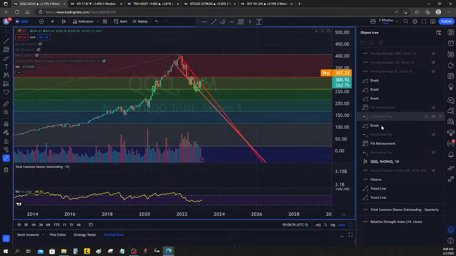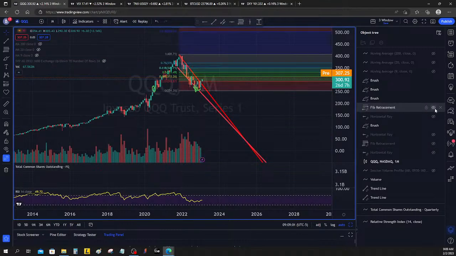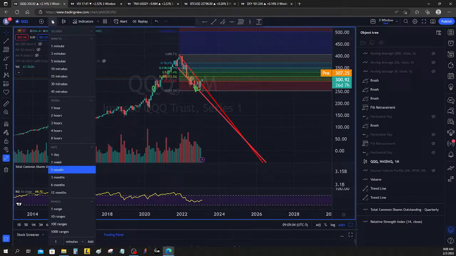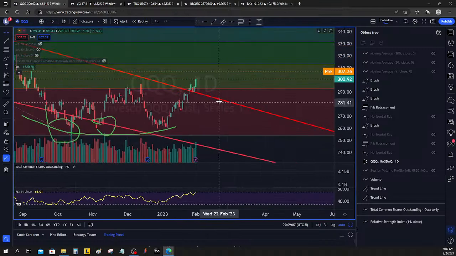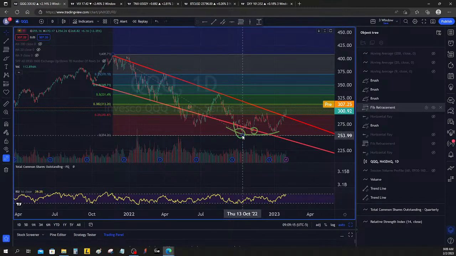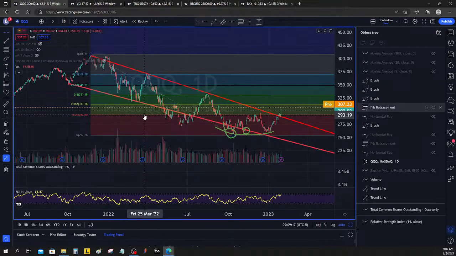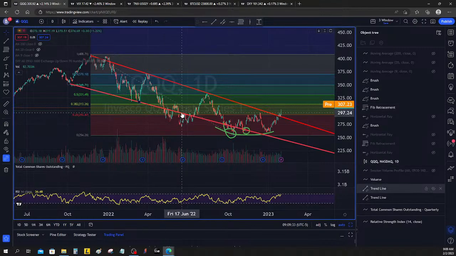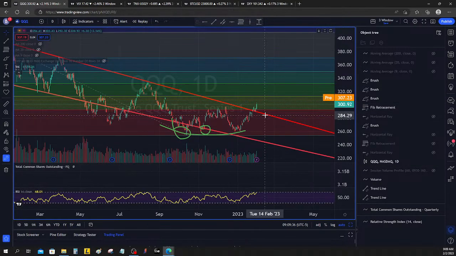I also have a Fibonacci of the retracement, right? Now let me get it down to the daily here. So the Fibonacci retracement goes from the peak of November here to the bottom this past October. And I have a 25% level down here. That's not a Fibonacci. I replaced it, and I've forgotten what the Fibonacci is at that level, like 23.7, I've forgotten. But I have 25% there. And what we've done is we've broken through that 25% level.